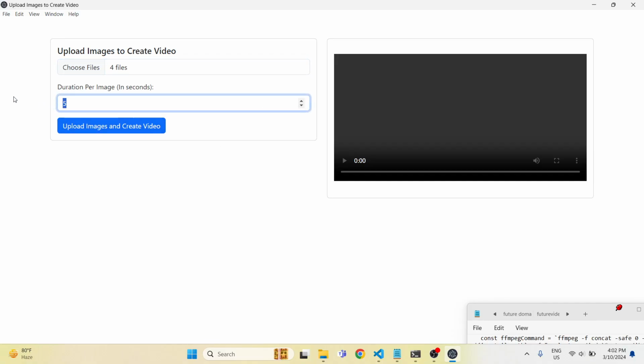And then we have a simple input field where we can control how many seconds each image should appear in the video. So here you can control the settings. Let's suppose I want each image to appear for 2 seconds. So now the total length of the video will be 8 seconds. So as I now click upload images and create the video, what should happen is that it will now process